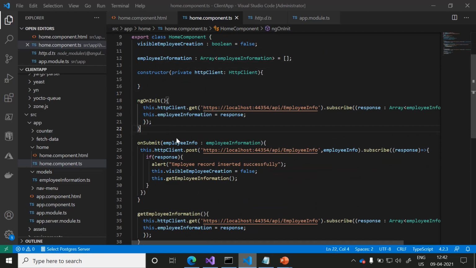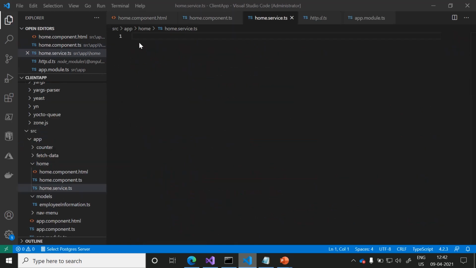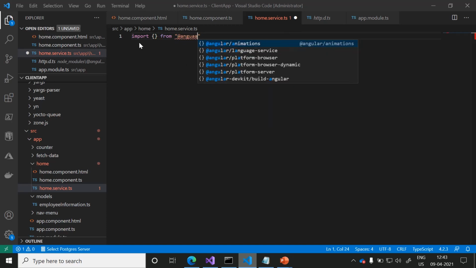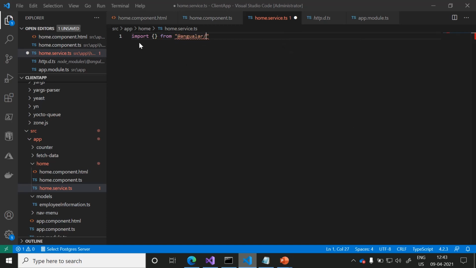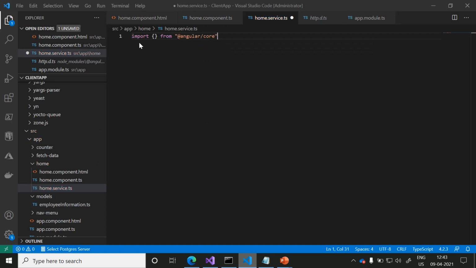For communication between client and server, first we need to import the injectable decorator from the Angular core library. The Angular core library contains the injectable decorator for the service.